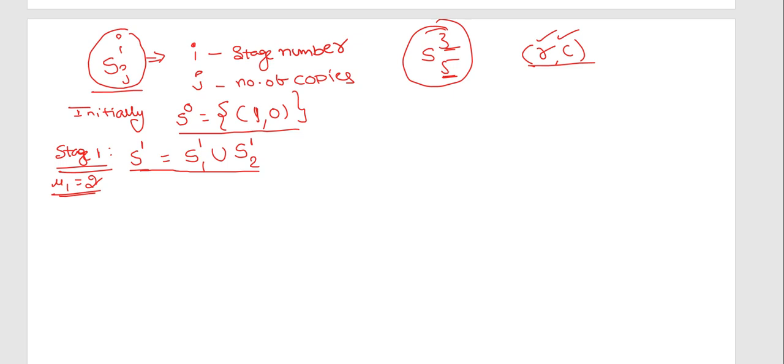In the first iteration I will calculate S power 1. Here you already know the term Mi. What do you mean by Mi? Mi is the number of copies. First I am calculating this one. So M1, what is the M1 value? 1, only 1 copy. What is the formula? 1 minus R1 whole power M1. I am calculating for stage 1.